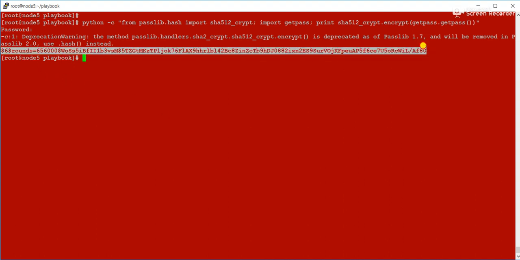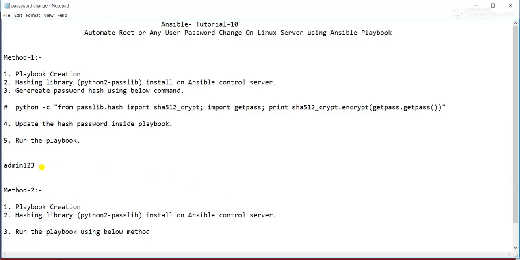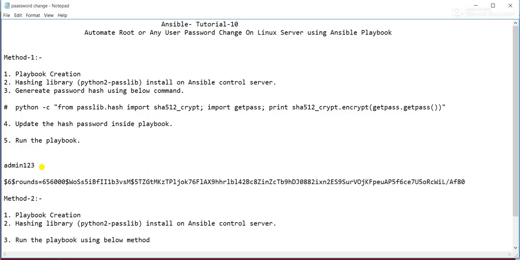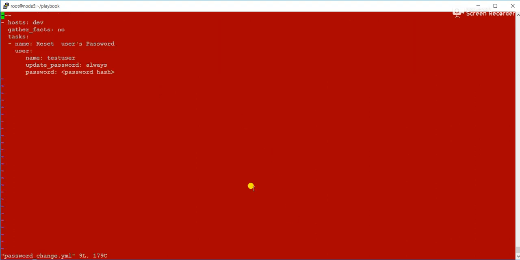Let me copy it, and I will paste it here. Then I will open the playbook and add it inside the playbook.